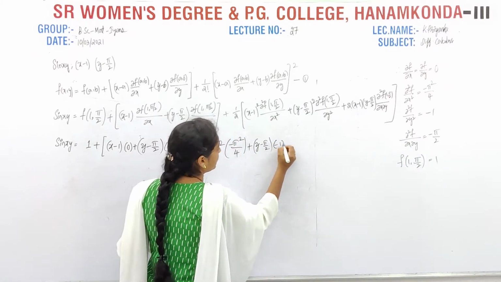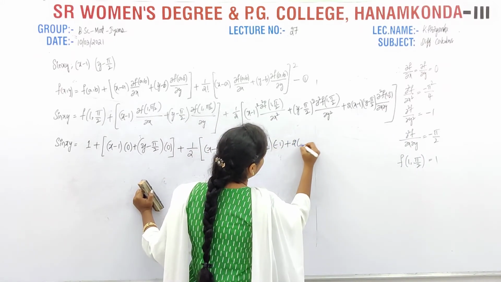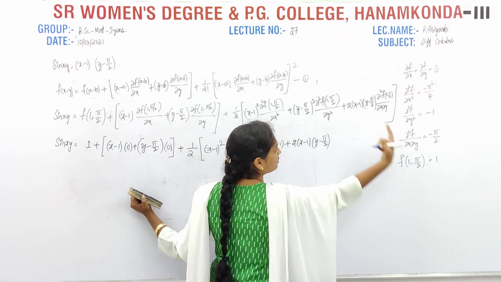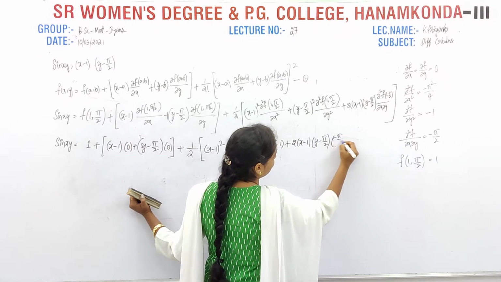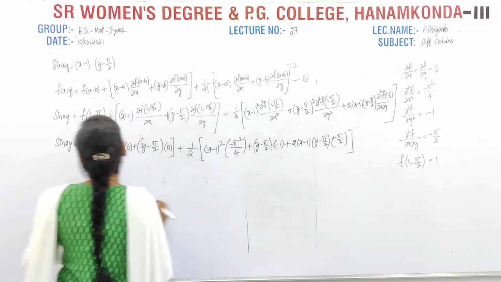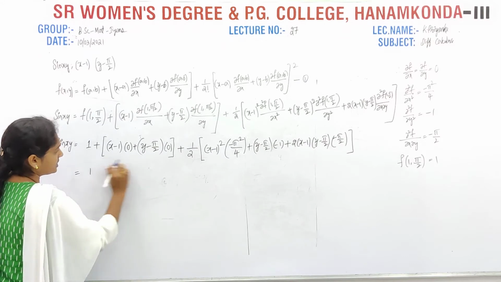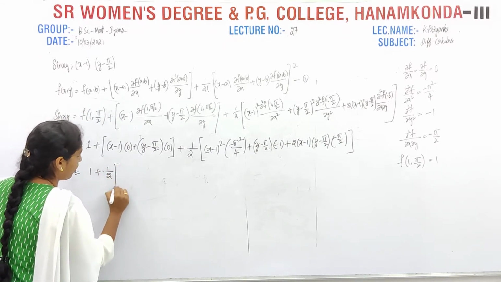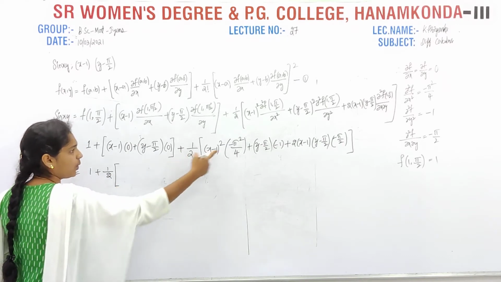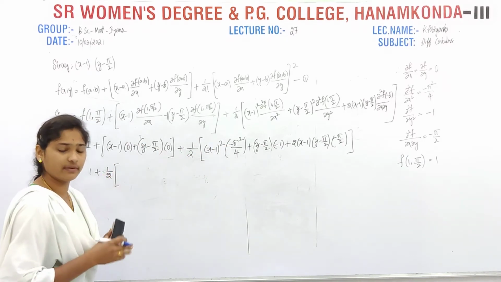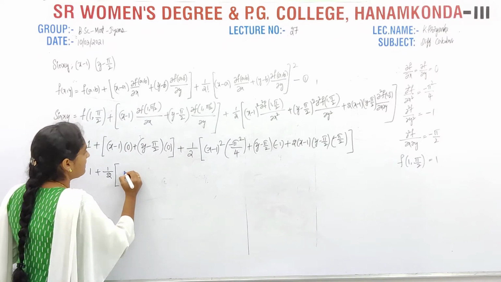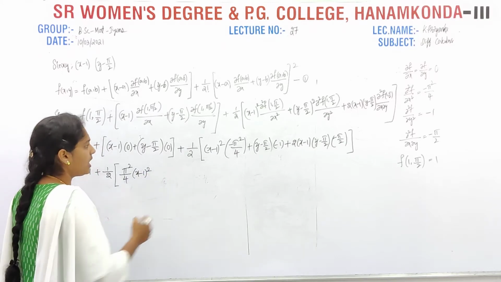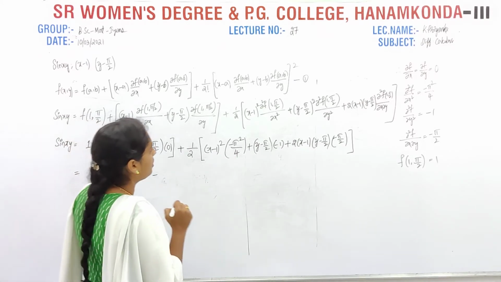So into minus 1 plus 2 of x minus 1 into y minus pi by 2 of what is this value? That is minus pi by 2. Okay. So now clearly what I am doing is 1 and this entire value is 0 plus 1 by 2 of, here what I will get? Simply whole square means minus whole square means we will get plus. That's why here pi square by 4 into x minus 1 whole square, and here minus